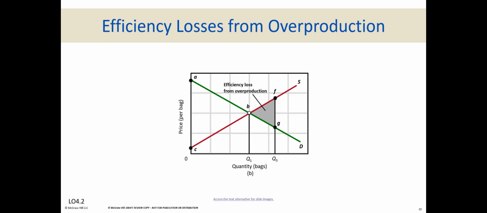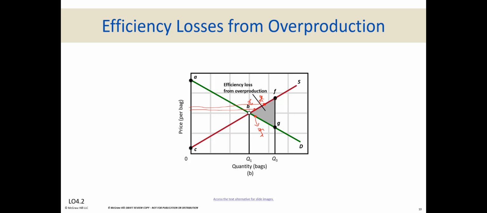If too many goods are produced, there is also a loss of efficiency. For instance, if the bakery makes too much bread and some of it goes to waste, the resources used to make that bread are wasted. So what happens here is that the supply is this much, right? And we see that somebody here and somebody here produces the good, but their willingness to sell is higher than what people are willing to pay at this point,